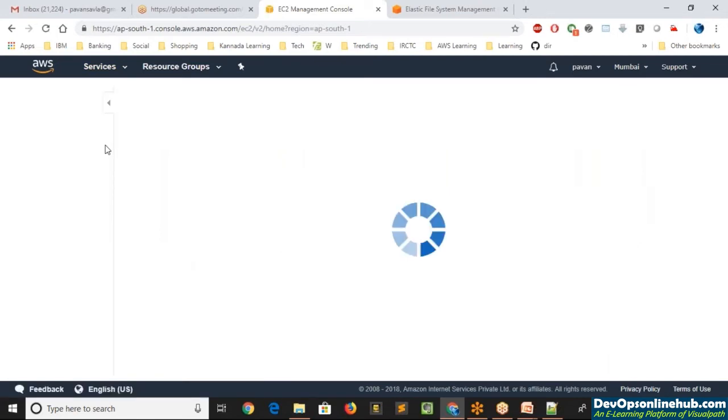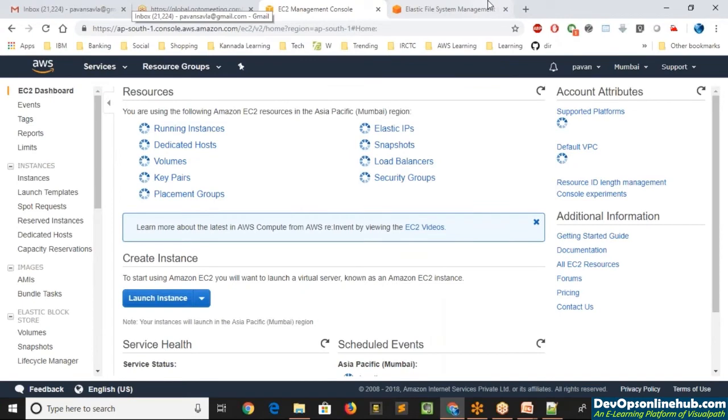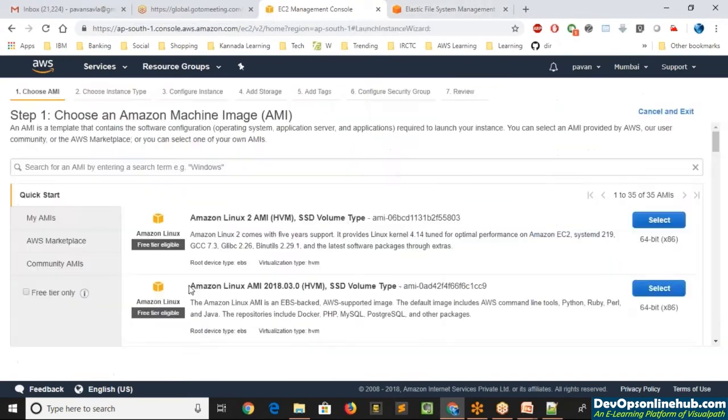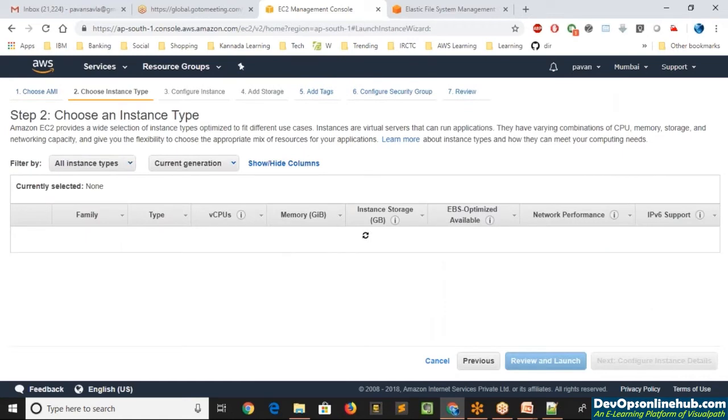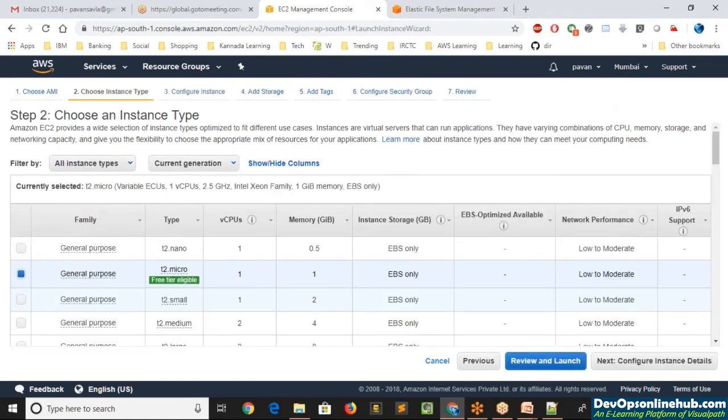So I'll click on launch instance. First we'll select the Amazon Linux AMI, and proceed to the next step where we'll select the free tier T2 micro with one virtual GB and one CPU.